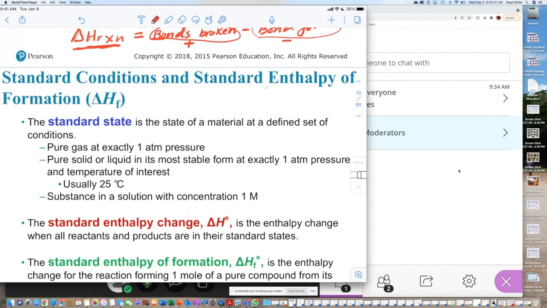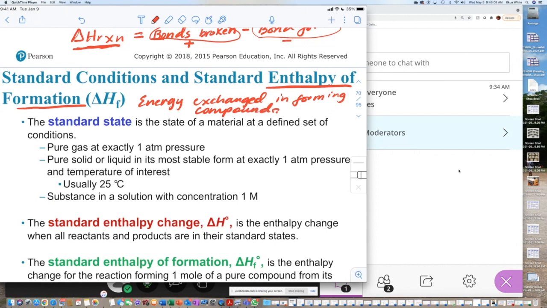Now we're moving on to the enthalpy, a different kind of enthalpy, the enthalpy of formation. So this is the energy released or energy exchange in forming compounds. Okay. So as we continue to look at chemicals from the point of view of thermodynamics, the people in